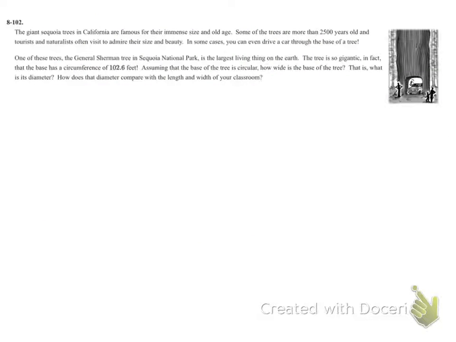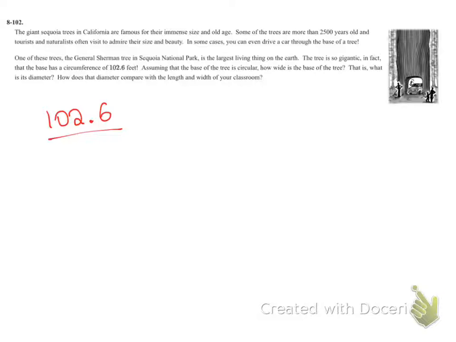Okay, we're actually going to skip this problem for today. If you want to do this problem on your own, that might be a good idea just to make sure you have a good understanding of circumference and area. If you do this problem on your own, you're going to get that